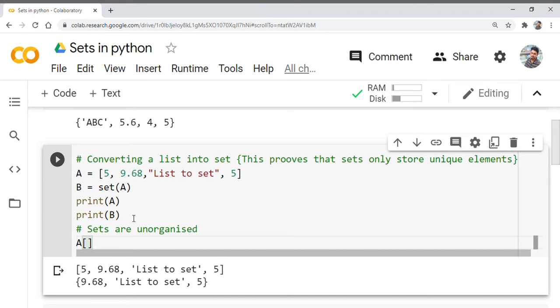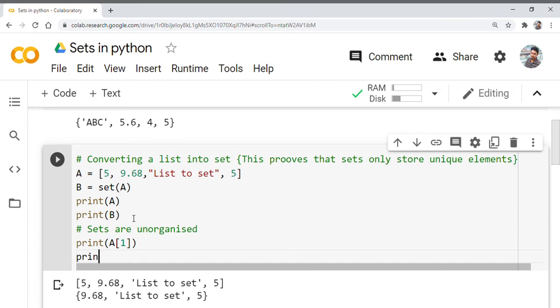Let us try to access one particular element of a list, like A of index 1, and I'm printing this: print A of 1. And then I will print the same with print B of 1.